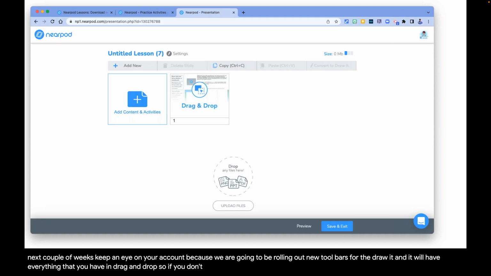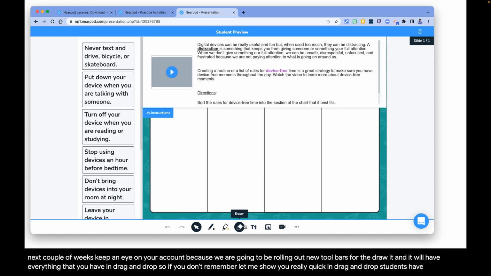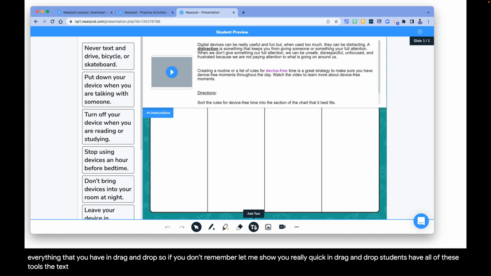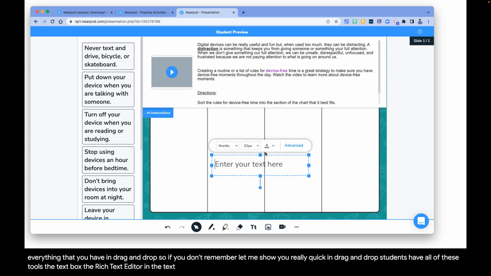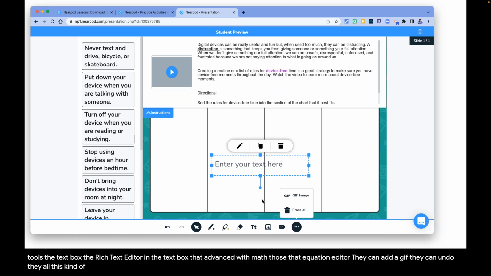So if you don't remember, let me show you really quick. In drag and drop, students have all of these tools, the text box, the rich text editor in the text box, that advanced with math, that equation editor. They can add images and video. They can add a GIF. They can undo, all this kind of good stuff. So this is coming